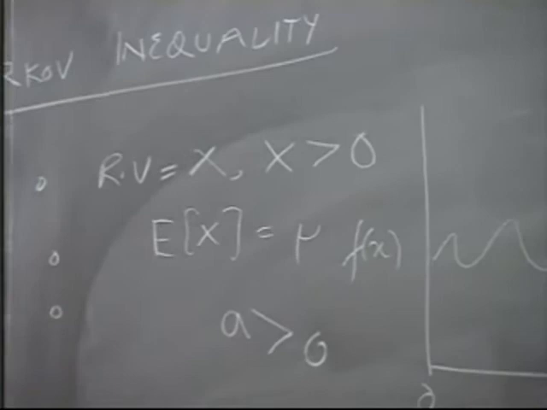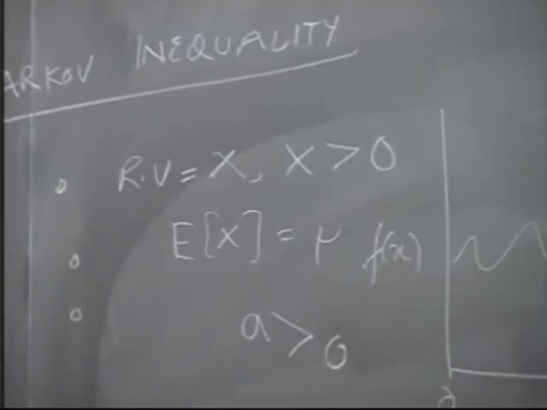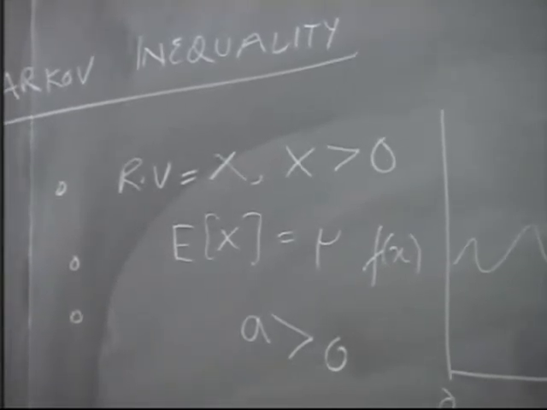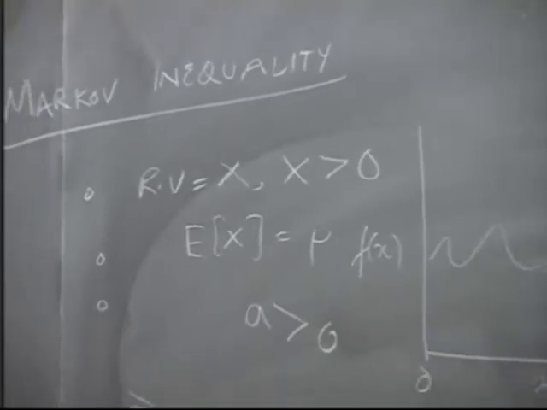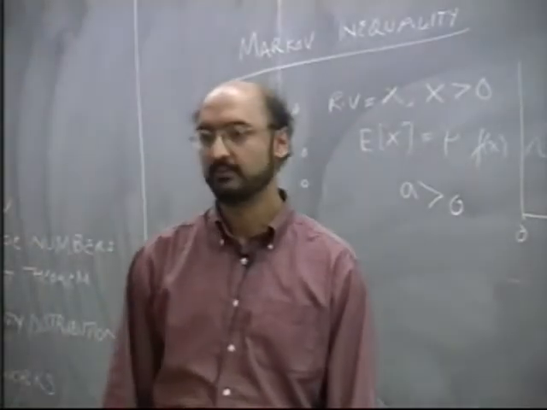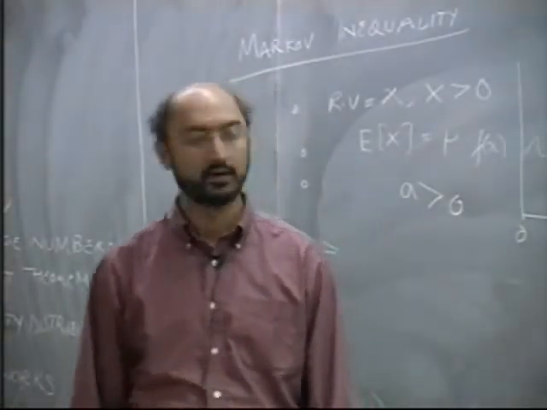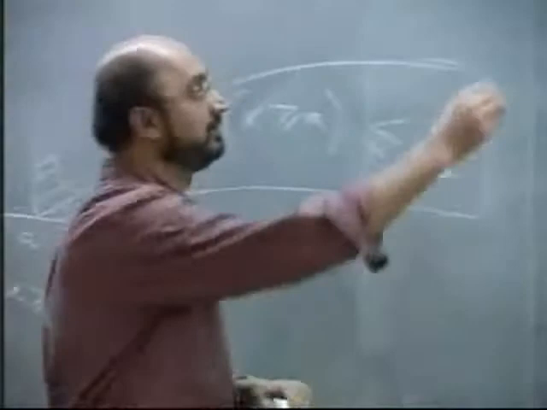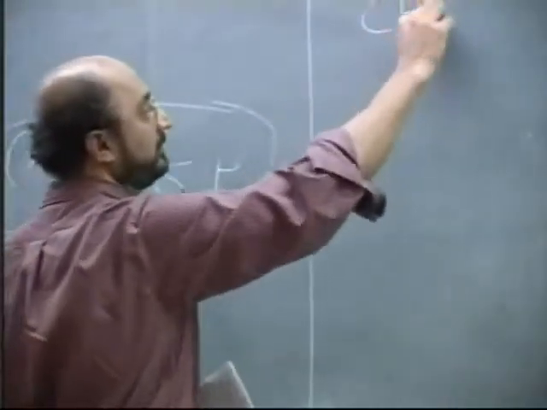But if a is smaller than mu, yeah, it's not very helpful to you to say that it's less than 1. So it's a trivial bound when a is less than mu. Okay, anything else? Okay, so we'll go to something that's slightly more useful, or well, this is useful too, but